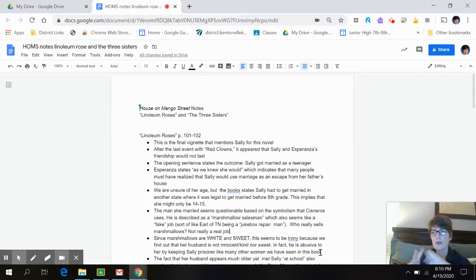And it was like a plastic sheet that had stamped designs on it. Sometimes it would look like fake bricks, or sometimes it would look like squares or have flowers on it, in this case, roses. And it would just be glued down. And it would be often used in kitchens or bathrooms, whereas today most of the homes have been updated to use tile. So linoleum was a floor covering, and in this case, the chapter is about Sally, and it's about